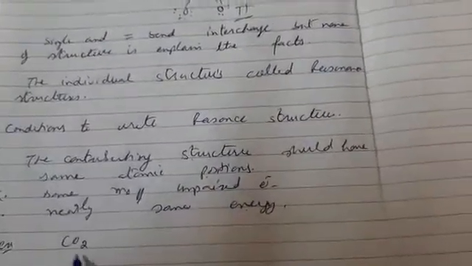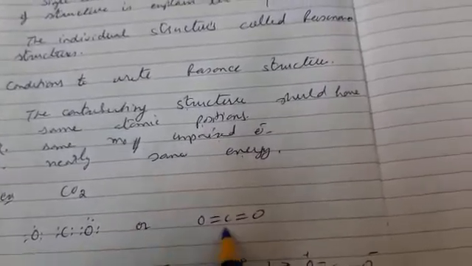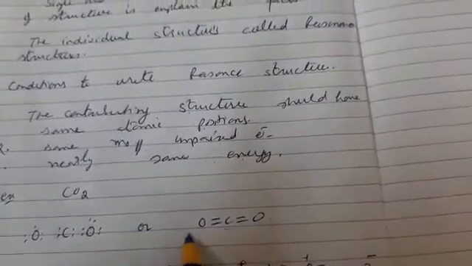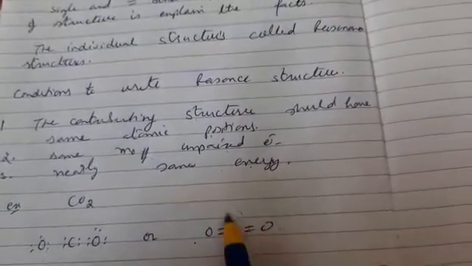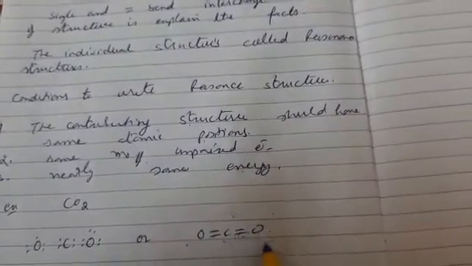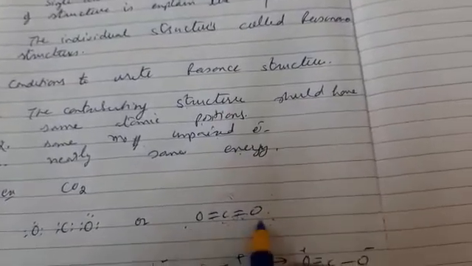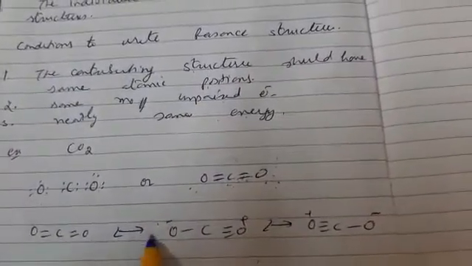Take the example of carbon dioxide. In this case carbon has 4 electrons in the valence shell. 2 electrons are shared with one oxygen atom and 2 with the other oxygen atom. It shares 2 with this oxygen and 2 with this oxygen, which can be represented as a double bond with this oxygen and a double bond with this oxygen. Double bond means 4 electrons are shared and 4 are present around carbon, so the octet is completed. And for this oxygen, 2 electrons are shared, 4 electrons are there and 4 are present over here, so 8, the octet is completed.